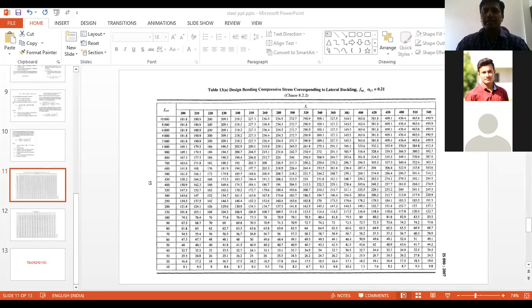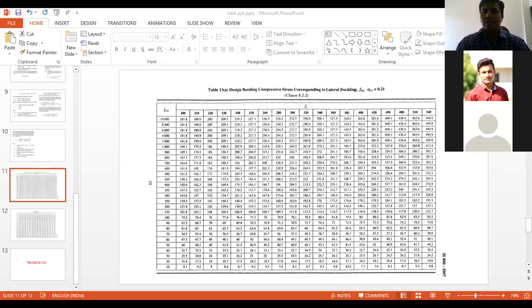Now the next step is very simple. It is the same as the design of a simply laterally supported beam: check for deflection. For a simply supported beam the formula is 5 WL to power 4 upon 384 EI. E you can assume 2.1 or 2 into 10 to power 5 Newton per mm square.